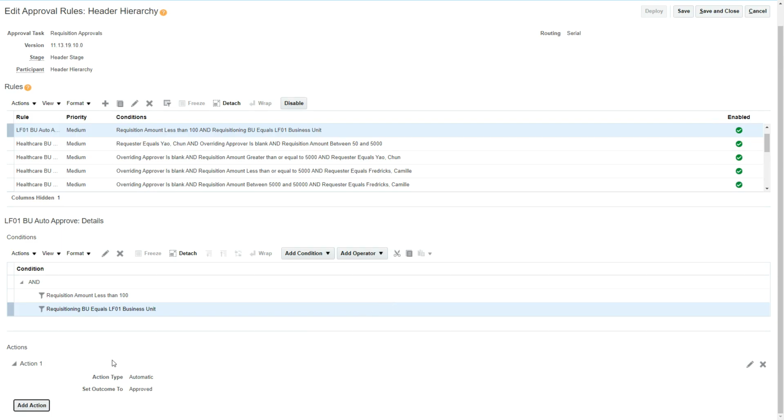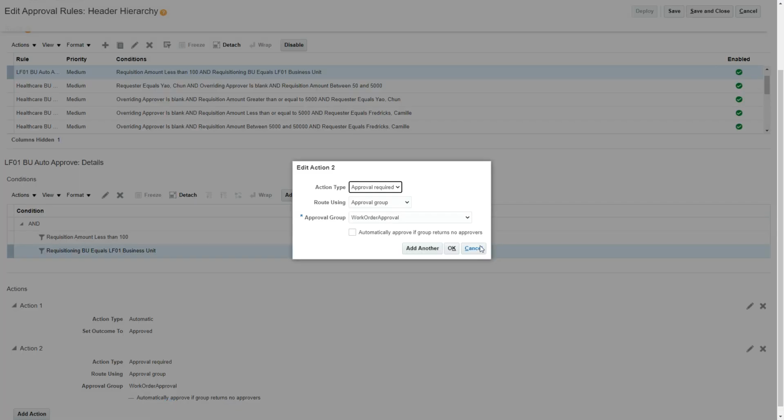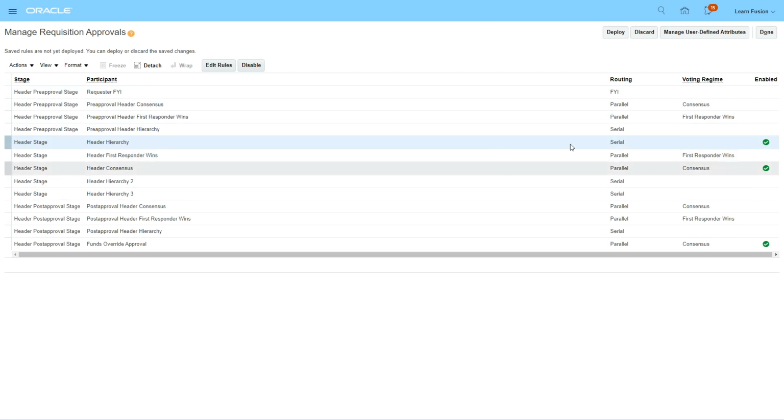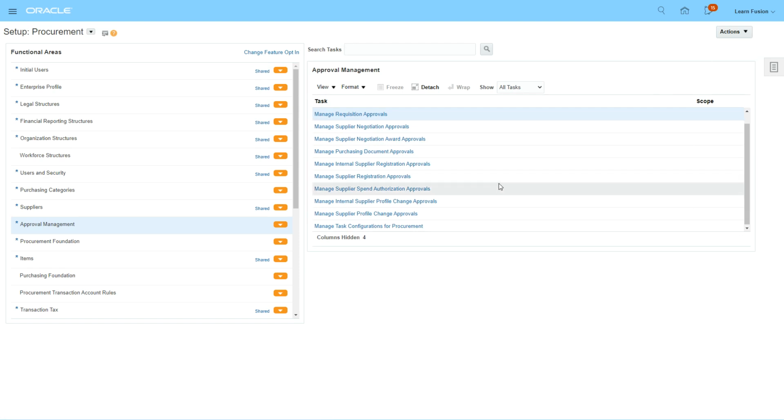And you can add one more action on top of it. So if you want to add an action, you can add multiple actions again. So if you want to do something, let's say route it through one hierarchy and then do something else. So let's say you chose a supervisor hierarchy, you routed that through the hierarchy, and then you add one more approval group on top of it. That's also possible. But this is what we are going to do. We are going to say save and close. So this is going to populate those rules in that task configuration which I just showed you earlier, and then your requisitions will now go for approval.